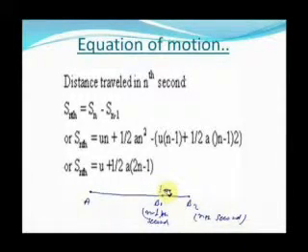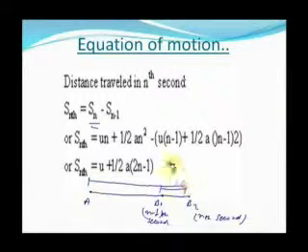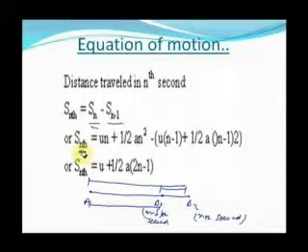So in the nth second, the distance traveled by the particle is nothing but B1 B2. So this can be written as Sn, that is the distance traveled by the particle in n seconds, minus Sn minus 1, which is nothing but the distance traveled by the particle in n minus 1 seconds. So we can get the distance traveled in the nth second as Sn minus Sn minus 1. So now we can replace Sn with un plus half an square, where n is the